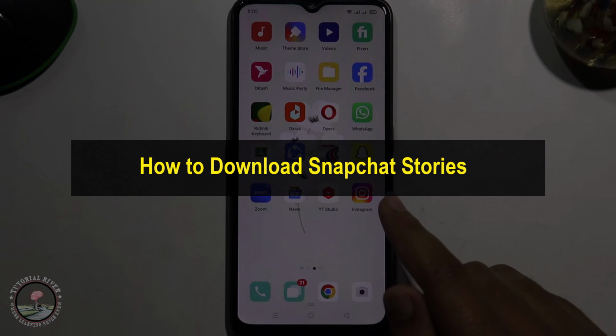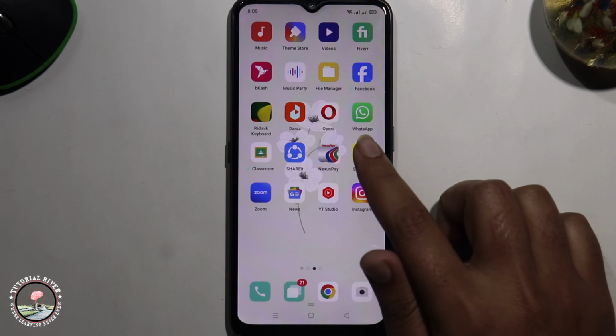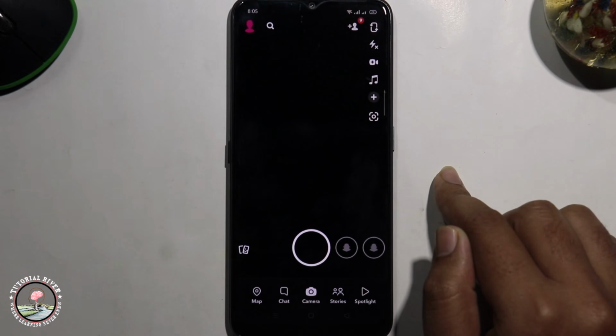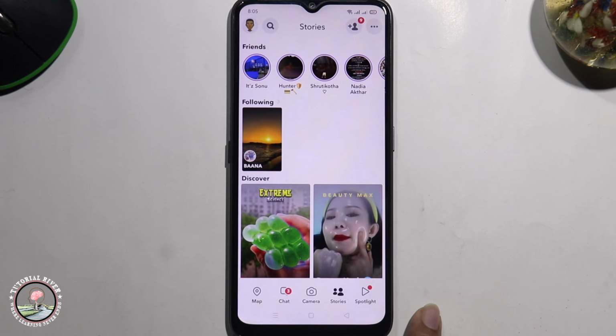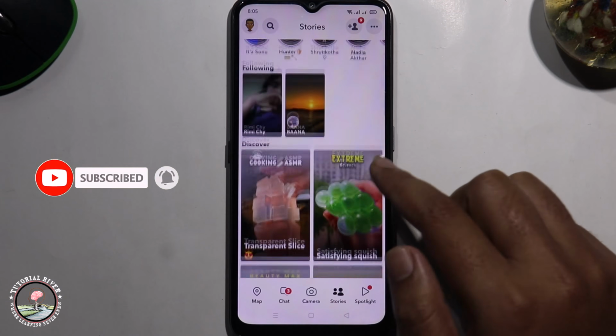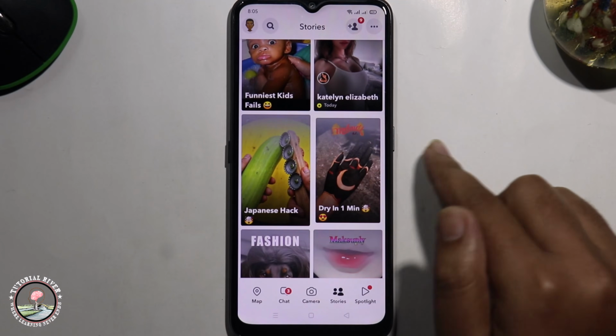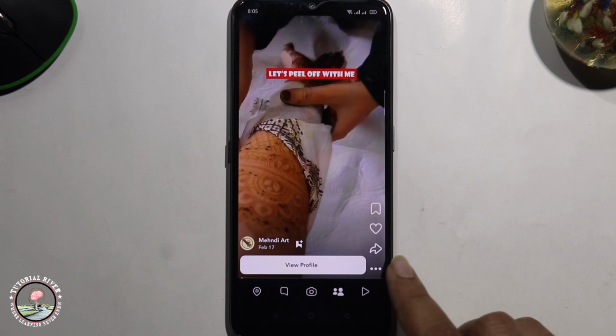In today's video I'm gonna show you how to download Snapchat Story. So first of all, open Snapchat, go to Story option, select Story, tap onto three dot,